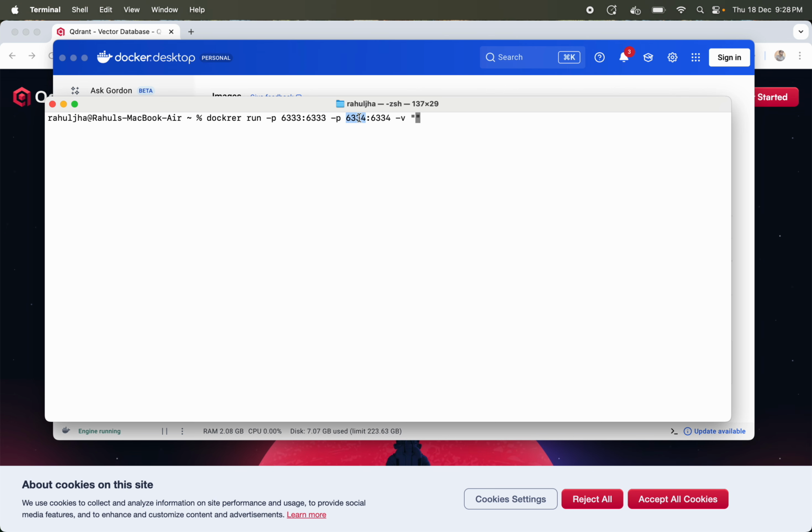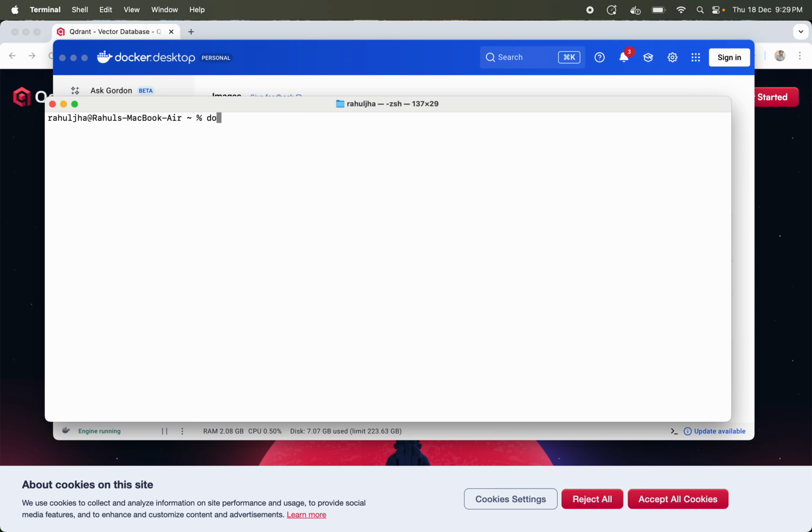In a volume, we follow this pattern. On the left you will specify the path of your local directory, and on the right you will specify the path within the container. For the local path, I am specifying the print working directory, whatever directory we are in right now, then Qdrant storage, which it will automatically create. Or let me do one thing, let me get rid of all of that command,